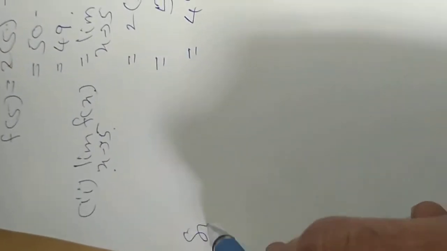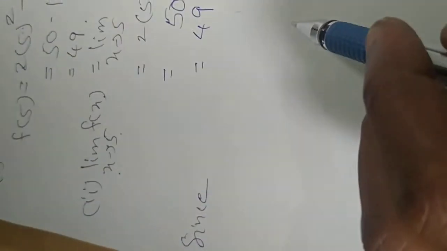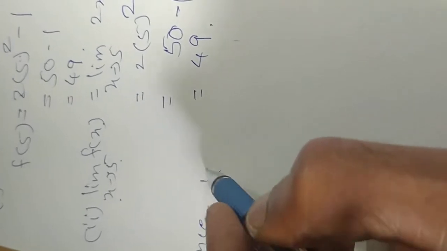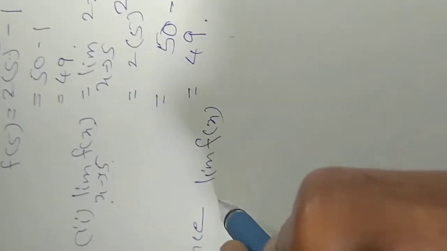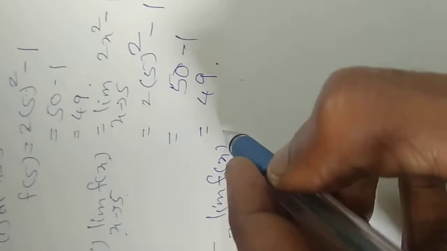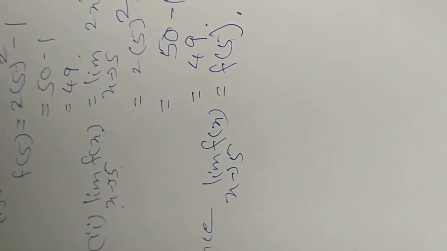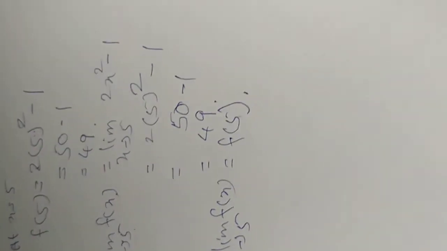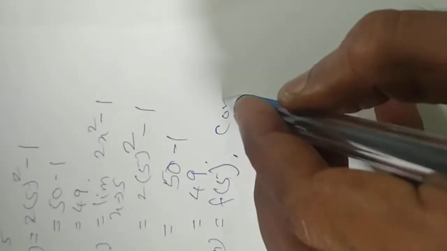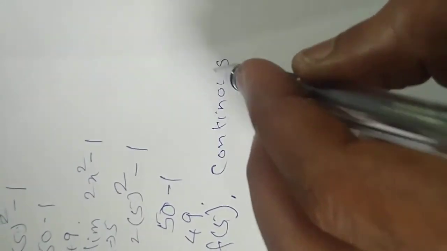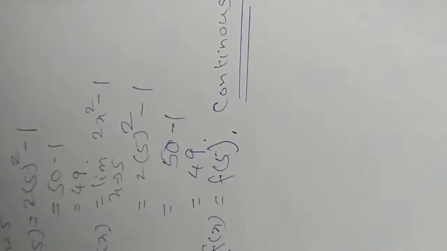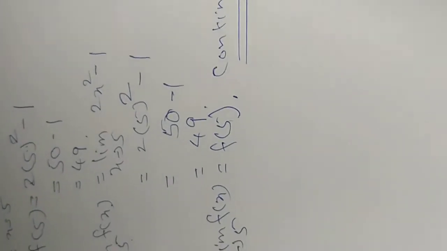The conclusion we are going to write is: since limit of f(x) as x tends to 5 is equal to f(5), the function happens to be continuous at x equals 5. Then the third